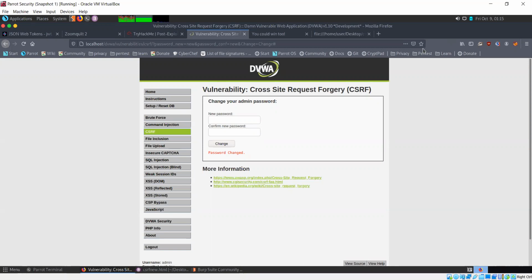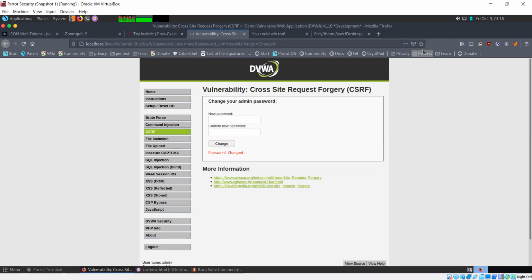If you are able to use such a vulnerability on a bank website, you could make someone transfer money to your account, or have someone delete their account. So lots of things that you can do with that.